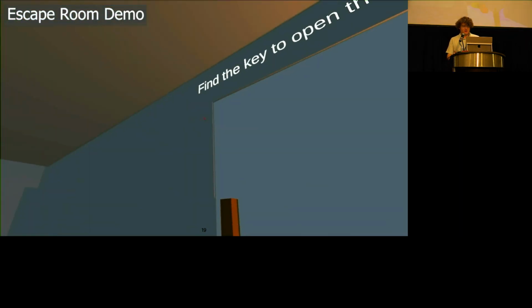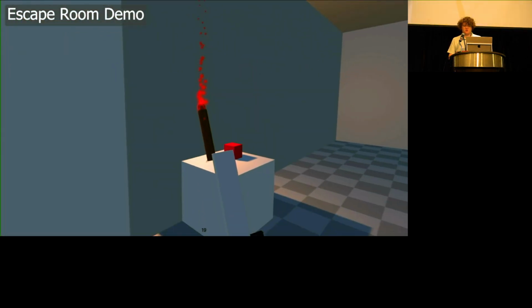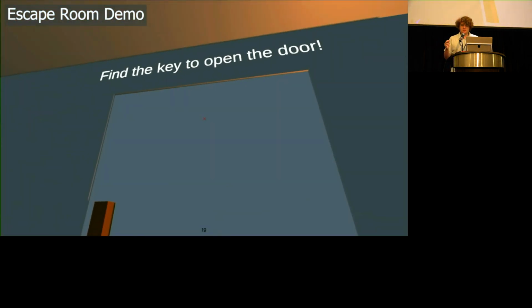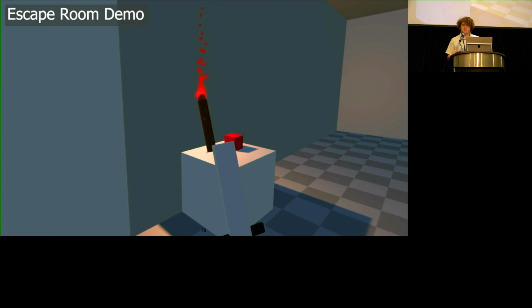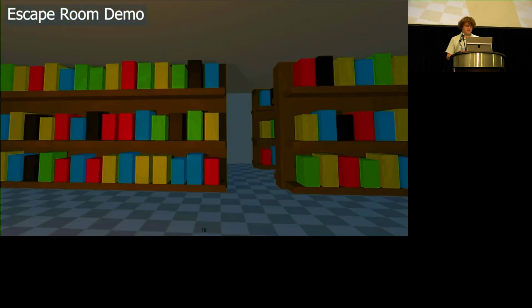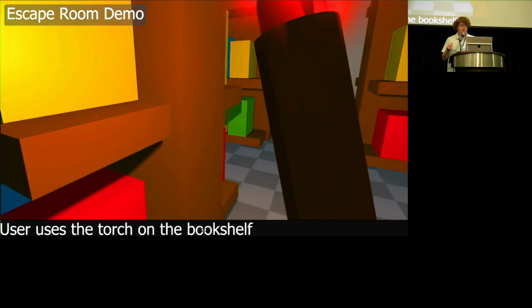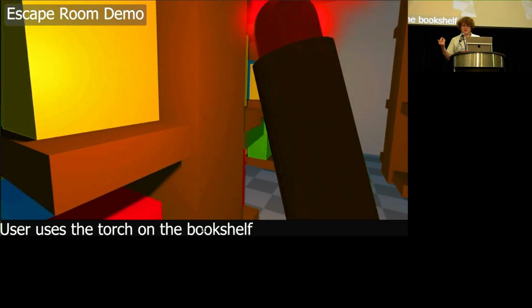So here the player is trapped in an escape room. They're told to find a key to open the door. And there's a lot of different objects in this room, some of which have defined interactions. So the key opening the door was predefined by the developer. But most interactions are still undefined. So if the player takes this torch and walks over to this bookshelf and tries to interact the two, that's